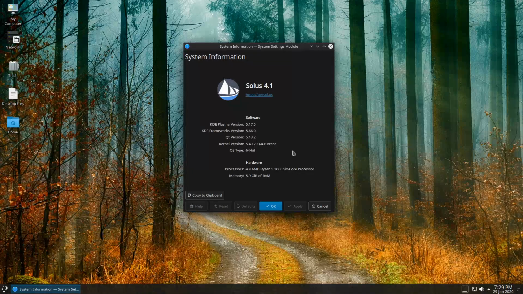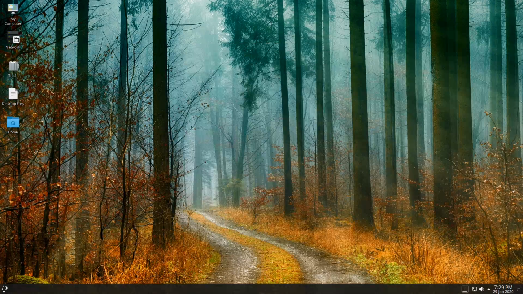we do have a newer kernel. We're on the 5.4 kernel. We do have 5.17.5. We do have 5.6.6. So it looks like all of the other items are just as up to date. So we are probably going to get all the same K applications with Solus, though we have a ground up platform instead of running on an Ubuntu base.